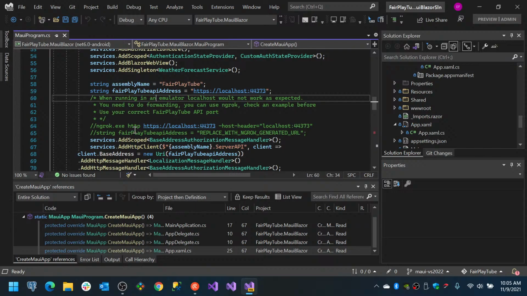And when you download it, you will use a command like this, ngrok.exe. Then you set your API URL, your local URL, and then the host setter, you will actually set it to the same except for the protocol and the schema. You will basically just put the host and the port, and then